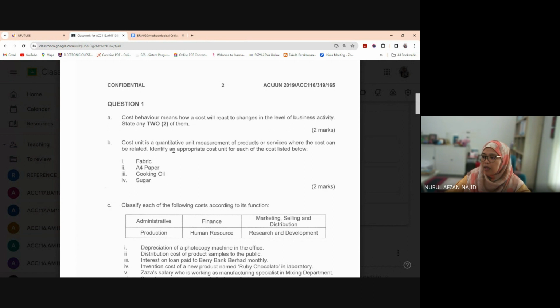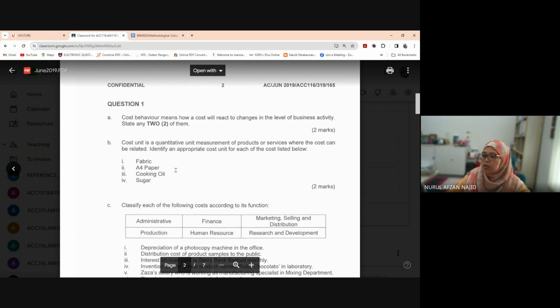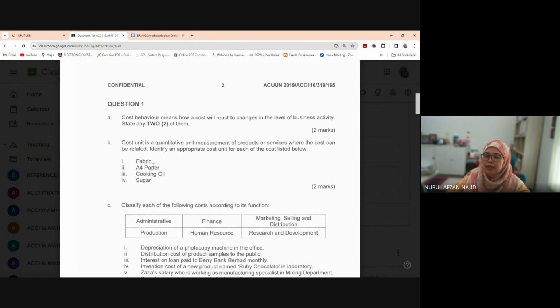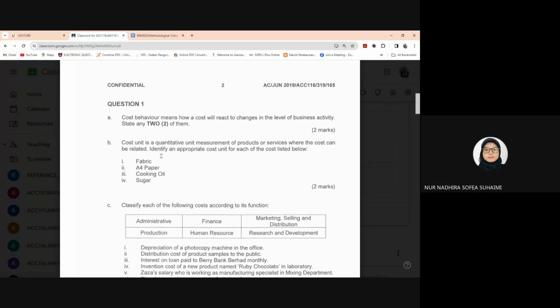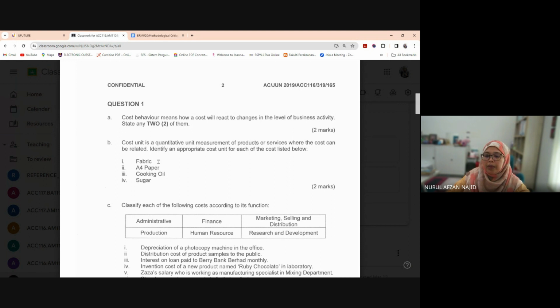Number 2, cost unit is a quantitative unit measurement. Okay, so identify appropriate cost unit. Identify appropriate cost unit for each of the cost listed below. Number 1, fabric. So fabric, apa cost unit yang you rasa sesuai untuk kita measure? Nadira Sofia? Meter. Meter, okay, good. A4 paper, Afika Amira? Afika? Ya, madam. Okay. A4 paper can be measured using